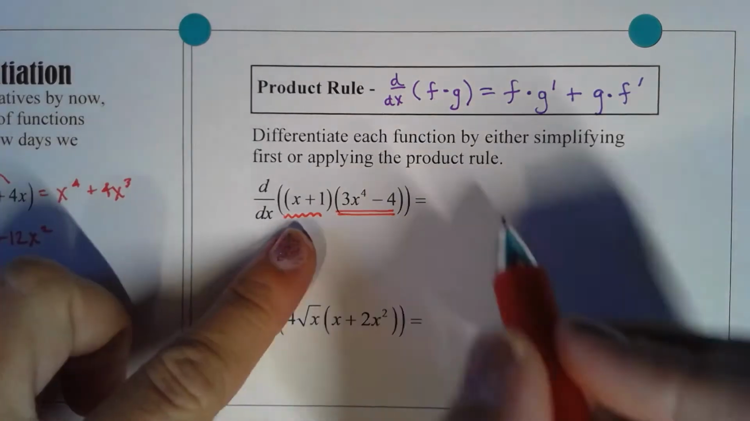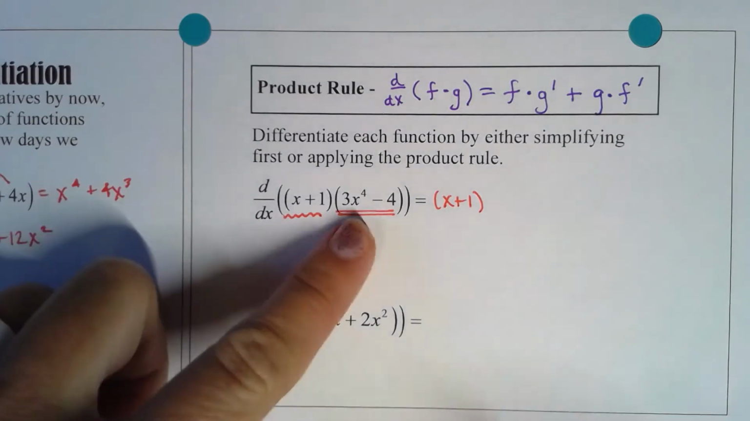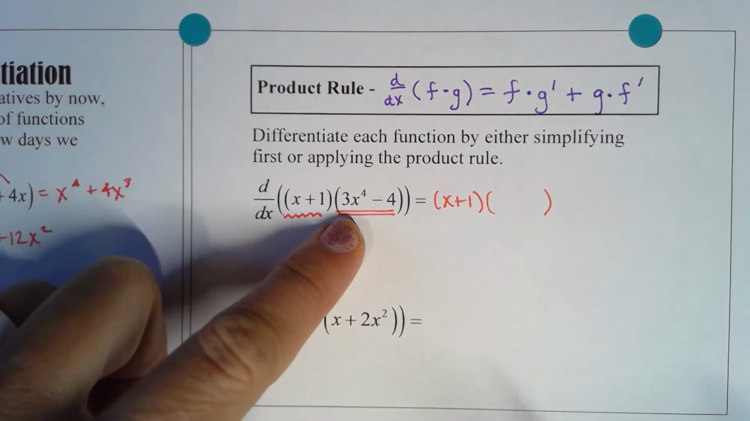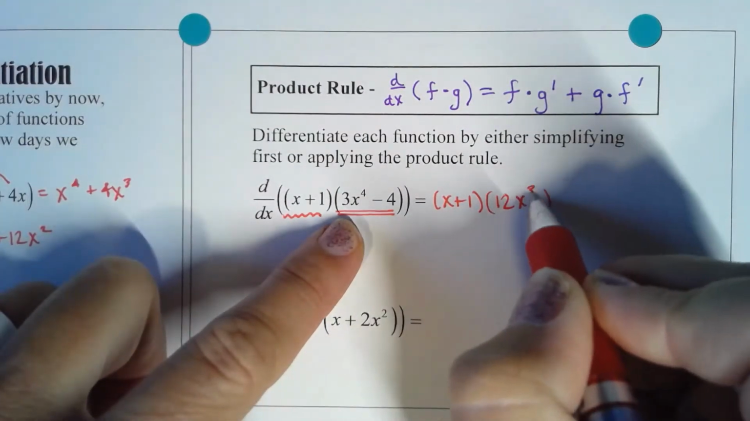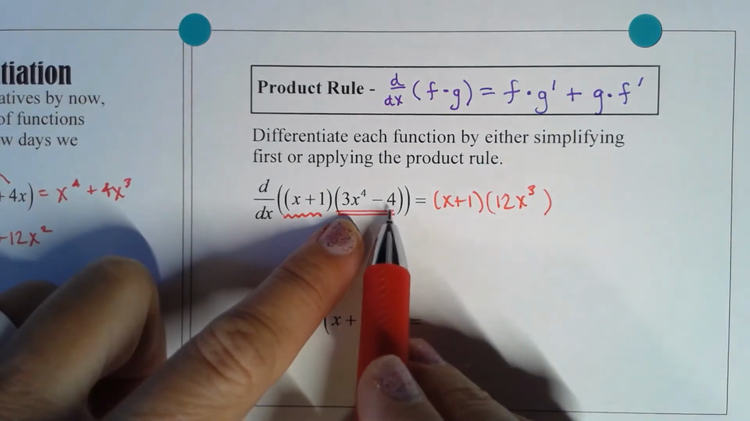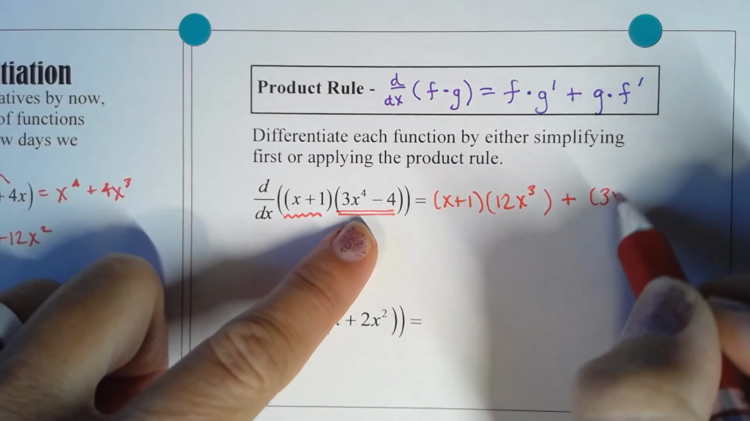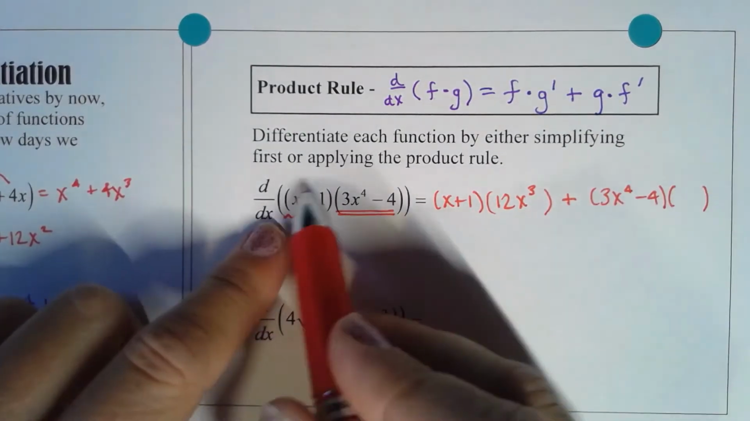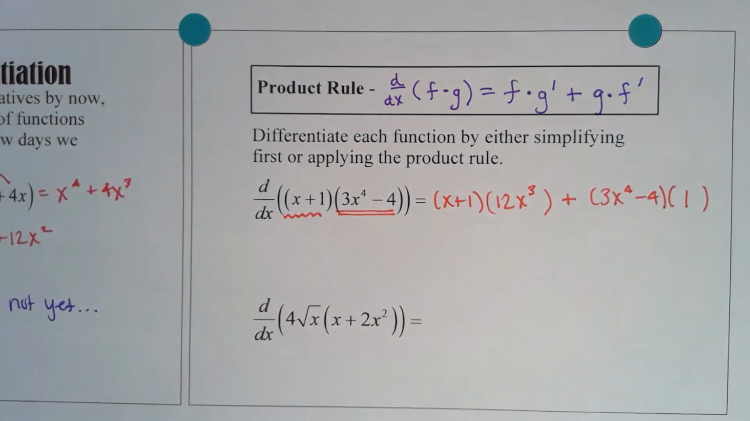So the product rule says we leave the first piece alone. So I write down x plus 1. Then I want to multiply that by the derivative of the second piece. The derivative of 3x to the fourth is 12x cubed. And then the derivative of 4 is 0. Plus, now we leave the second piece alone, and we multiply by the derivative of the first piece, which is just 1. We can leave that alone. I mean, we could clean it up, but